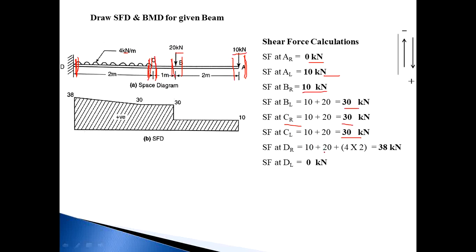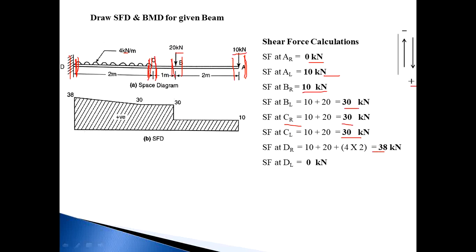So 10 plus 20 and UDL: the intensity of the UDL is 4 and the length of the UDL is 2. All 3 forces are going in a downward direction, so all 3 forces will be considered positive. So 10 plus 20 plus 8 is equal to 38 kilonewton. Next, DL,